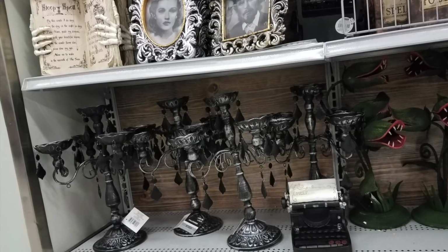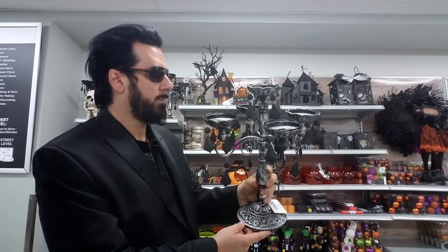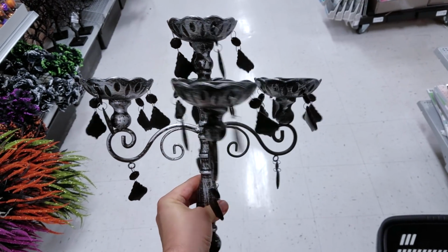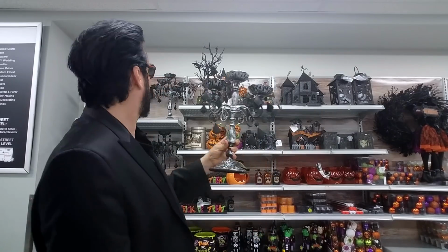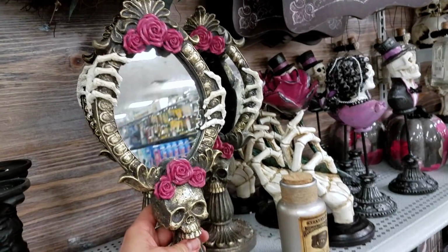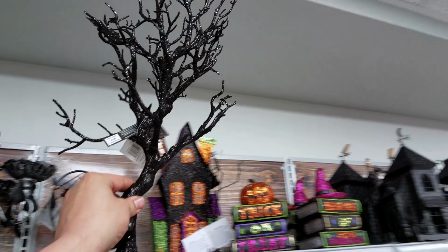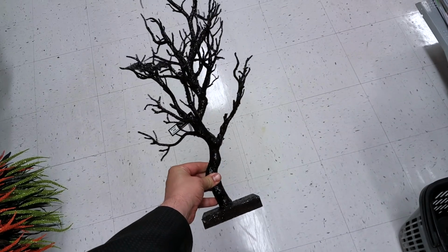They're also offering this charming candelabra. Now I'd probably rather hunt down an antique one, but if that's not possible for you, this could surely do the trick. This skeletal hand mirror, if painted with black lacquer, would be a fine way to reveal all of our vlogging secrets. I think this lovely tree would be great to hang your jewelry from, though I'd probably remove the bat